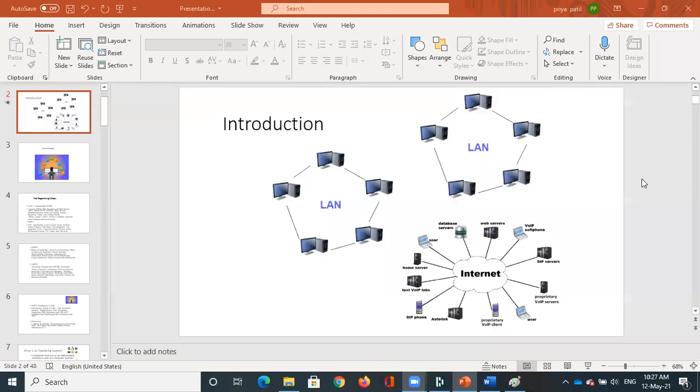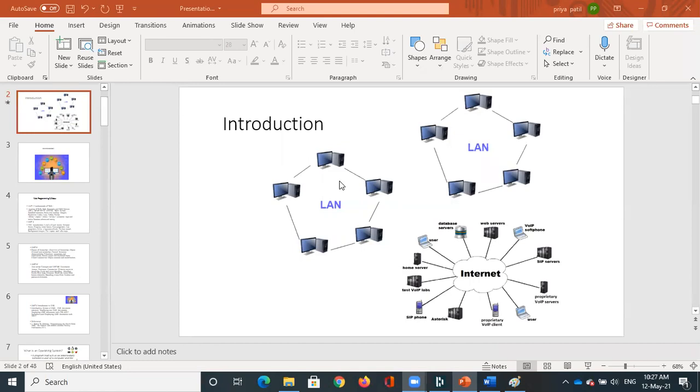In simple terms, in networks we also have the local area network, wide area network, metropolitan area network, and so on. Consider that in our college or in our lab, we have 5 computers, or 2-3 computers. They are connected by a LAN cable. Through that they are connected. So this setup we call a network. Network means a connection of 2 or more computers. That we call the network.